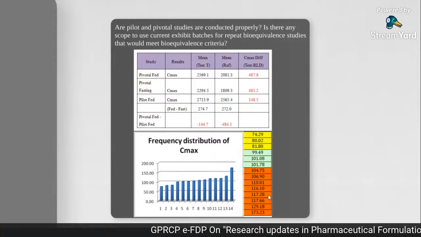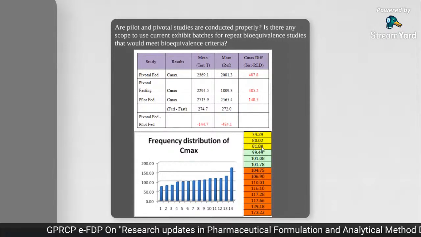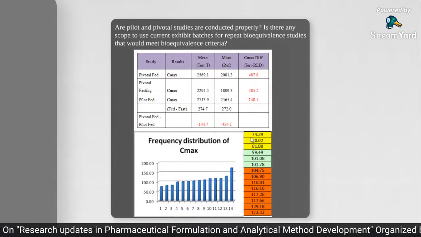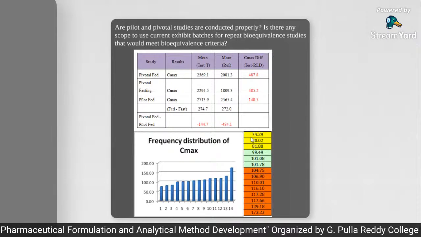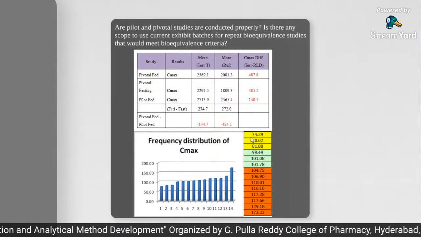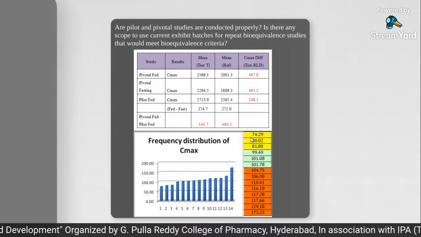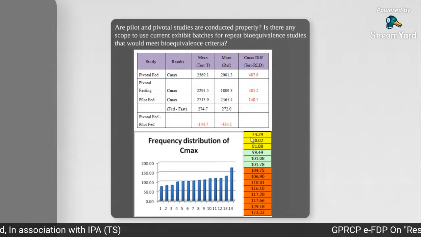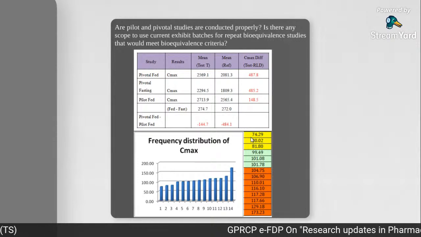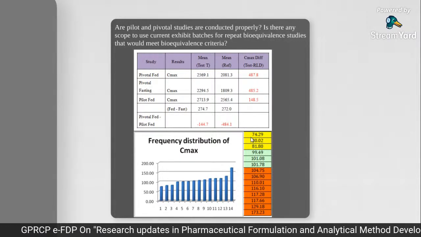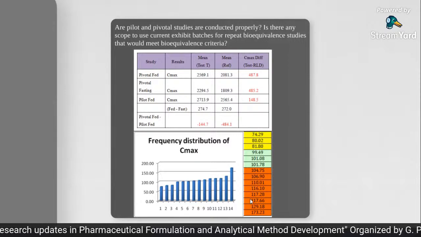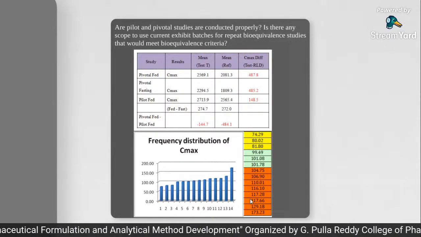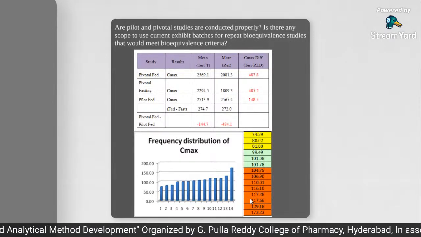In the first 14 volunteers, if you see the actual frequency distribution plot, it is skewing towards the right side, because 100 is in the middle, 80 is on the left side, 125 on the right side. More subjects are coming towards the right side of the graph, not the left. On the left side there are only 3 members, but the right side has 8 members. 8 members are on the right side, 3 on the left side, 3 in the middle.